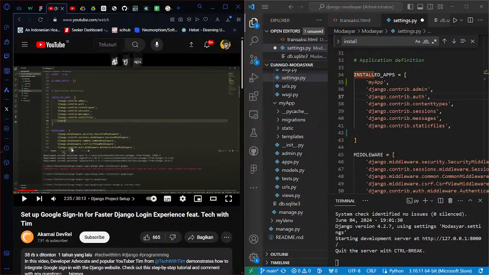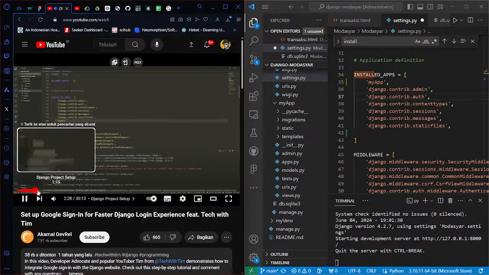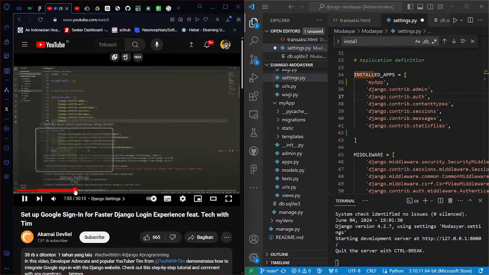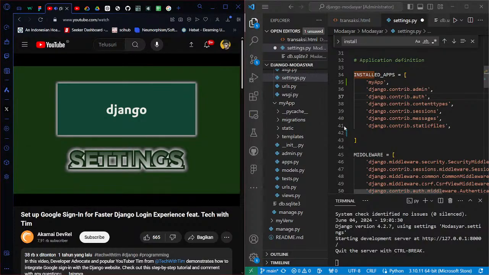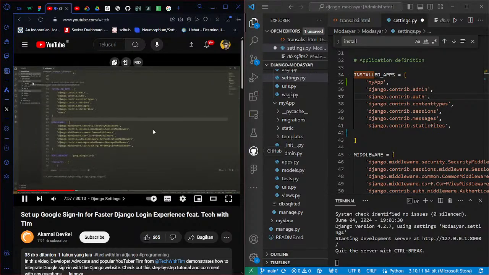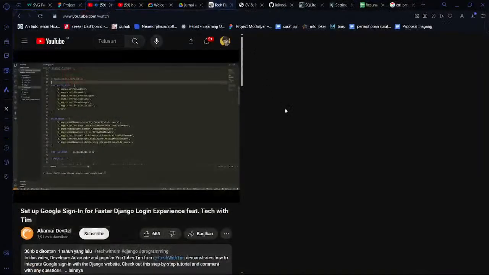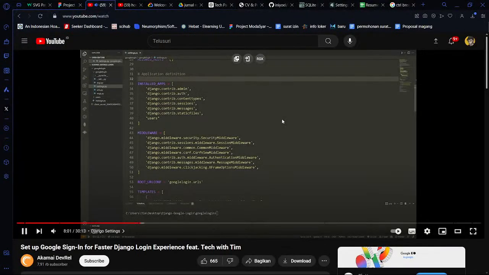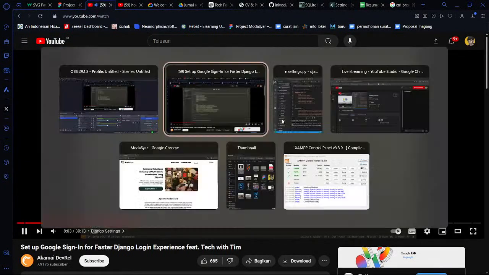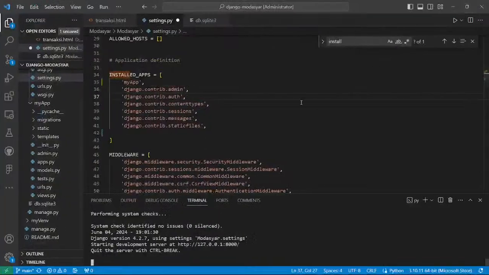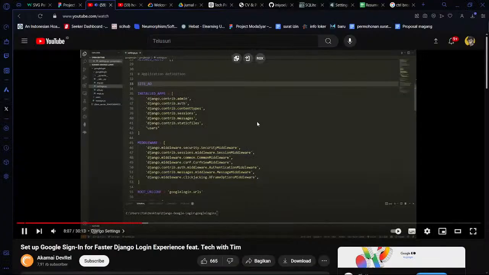All right, so now we have created our login app. We've set up the main Django project, and we're inside of settings.py from our Google login project. What we need to do is create a few new variables and then add some content to some of the existing variables. So the first thing we need to do is add SITE_ID, and we're going to